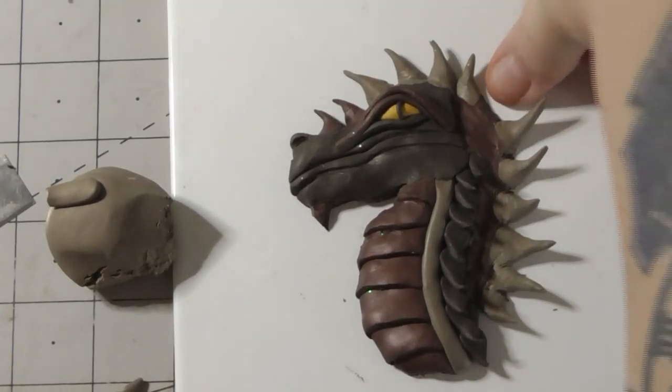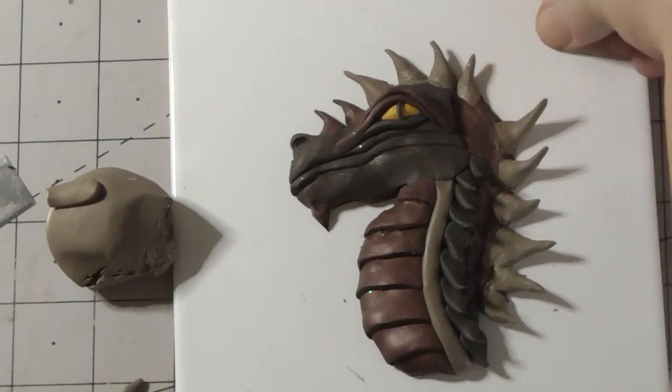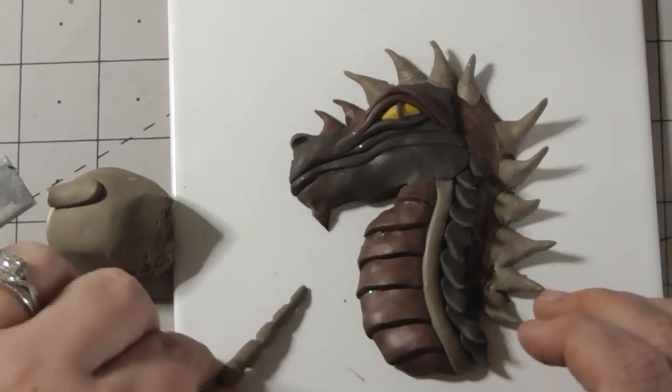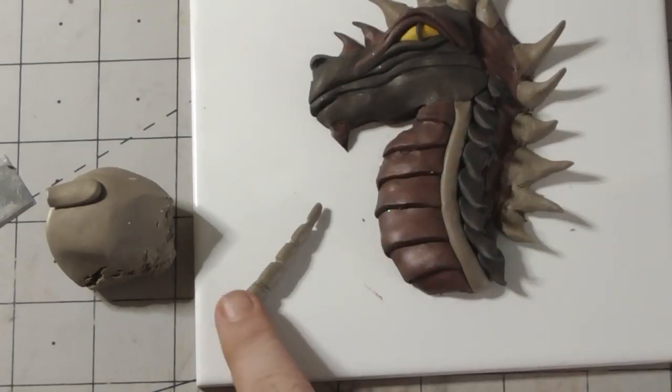I did leave a space at the back of the head here because this is where I want to put my first horn, which is going to go to the back. Then I'm going to put all my other ones on, and then the second horn's going to come here. So the way I've done that is 2 balls of clay,